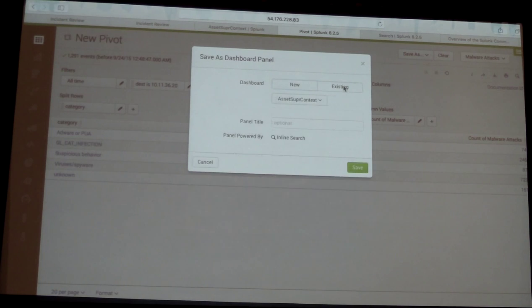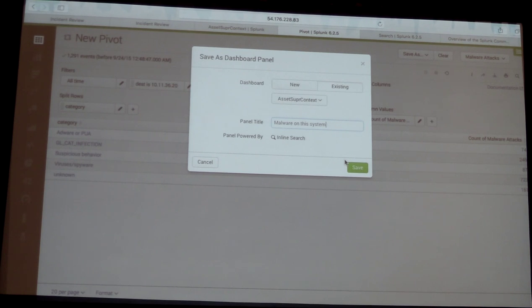So I'm going to go put this into my SuperConnect dashboard, and I might give it a panel like malware on this system or something. Although it could be more than that, which is kind of cool. The cool thing about data models, right? So the malware data model is going to have malware that was discovered on this system, maybe by a traditional endpoint,